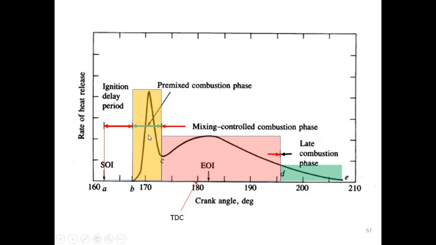And then the rate goes down here, while you keep injecting fuel, because only part of the fuel is burning here. And then after that the rate goes up, because more and more of the injected fuel is now burning. Okay, so it has a mixing-controlled combustion phase here, and it reaches another maximum here.